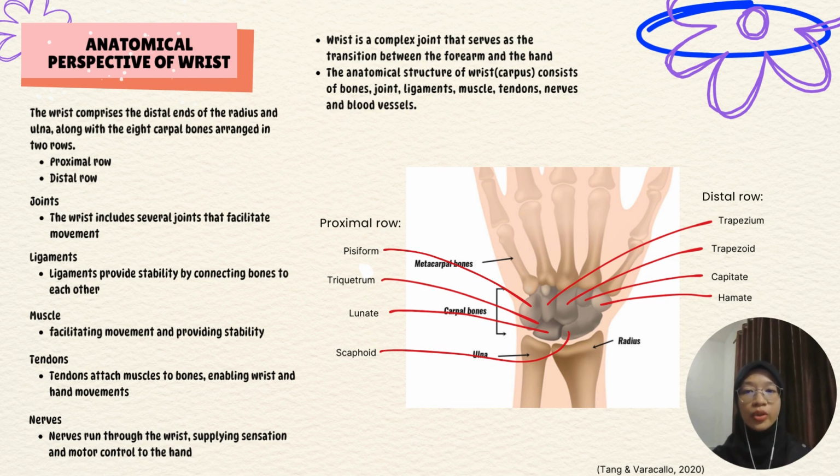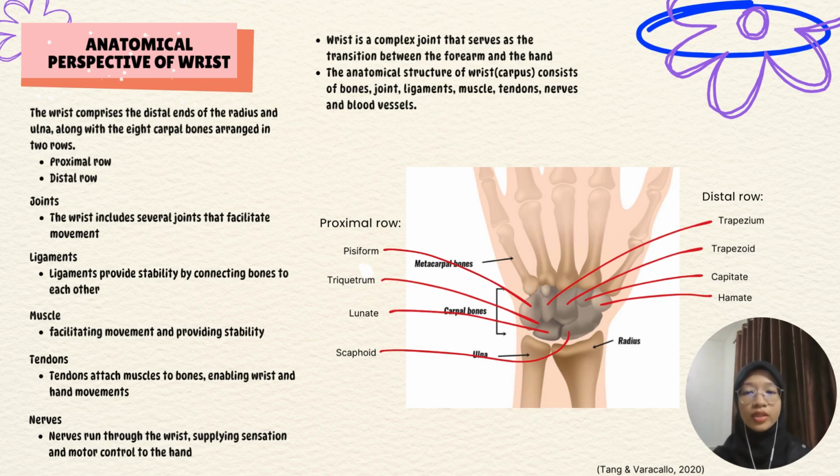I'm going to share with you the location of the radius and ulna. The radius is located at the lateral bone of the forearm, which is at the thumb side, and articulates with the proximal row of carpal bones, primarily the scaphoid and lunate bones, forming the radiocarpal joint. While for the ulna, it is located at the medial bone of the forearm, which is on the little finger side. Unlike the radius, the ulna does not directly articulate with the carpal bones. Instead, it is connected to the wrist via the triangular fibrocartilage complex, which includes the articular disc between the ulna